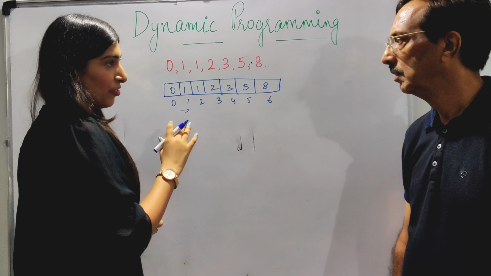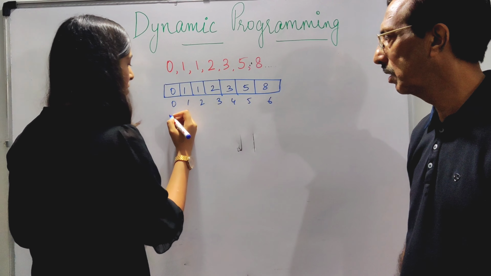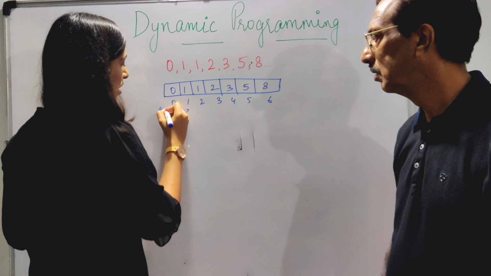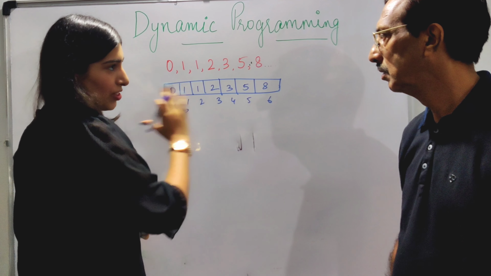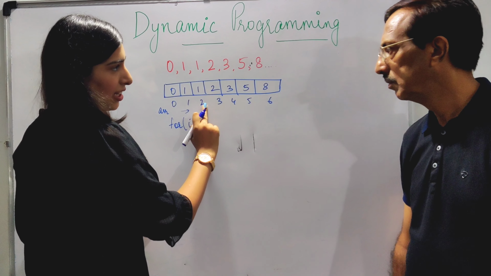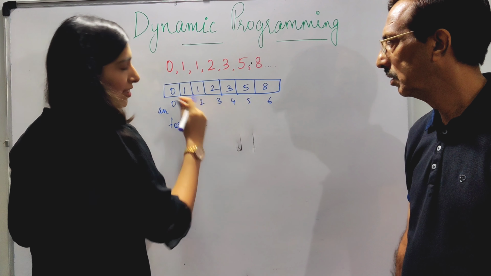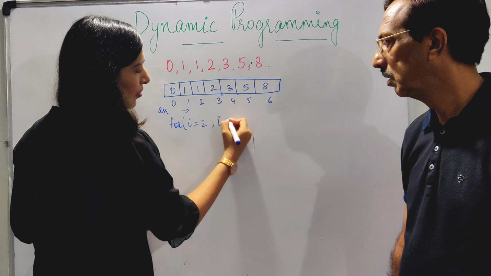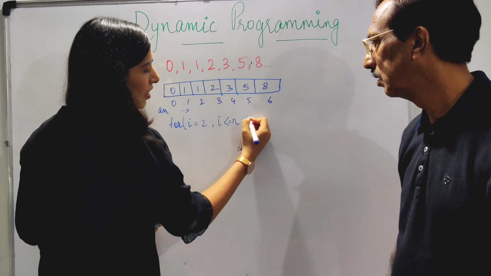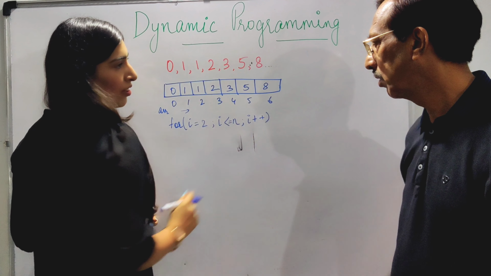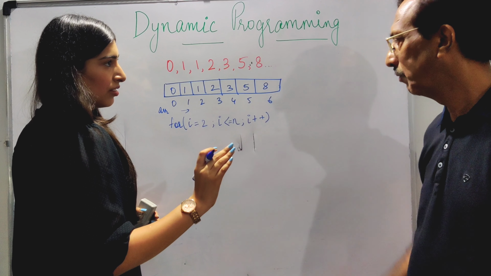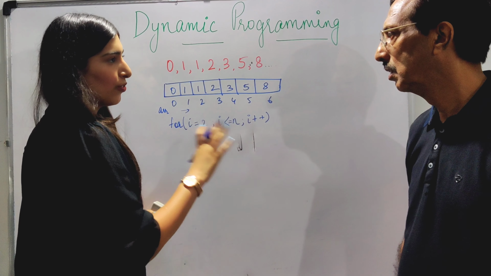We'll be using a for loop for this, that we learned last time. Suppose there's an array called ARR, and we already wrote our base conditions for 0 and 1. So we have to start our for loop from the second index, index 2, that is the third element. And we have to go till less than or equal to n, wherever we have to calculate, i plus plus. What is this plus plus? This is the same as i equal to i plus 1. Then why do we write plus plus? It's a short form.